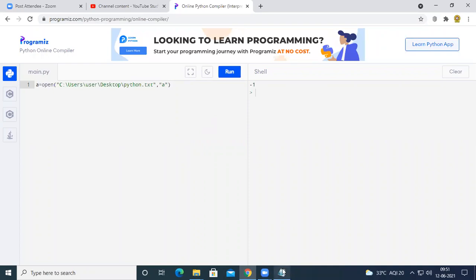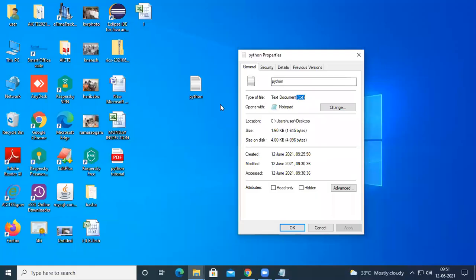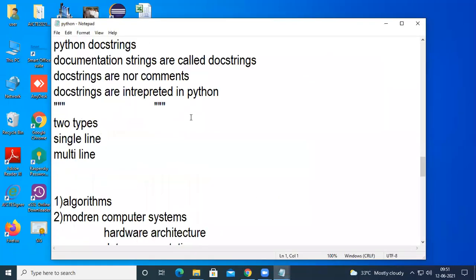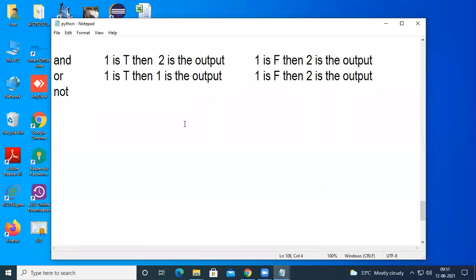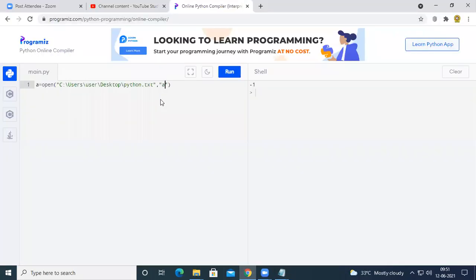So append mode, in the sense, see here, in this Python file, we have already some data. The data has been ended with some not. When we open the file with append mode, appending in the sense writing something to the existing one.